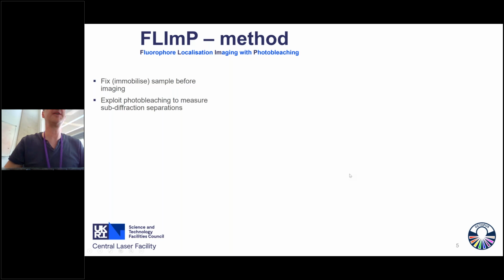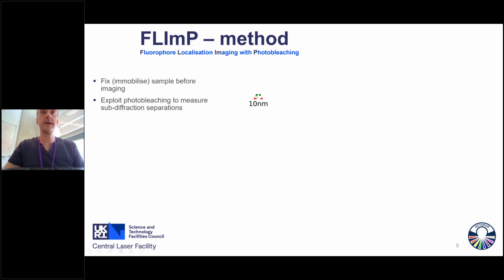So FLImP, we have another beautiful acronym here. FLImP stands for Fluorophore Localization Imaging with Photobleaching. It's a single molecule TIRF technique, and it starts with tracking essentially. We fix our samples before imaging, and then we exploit photobleaching to measure the subdiffraction limit separations of the labeled